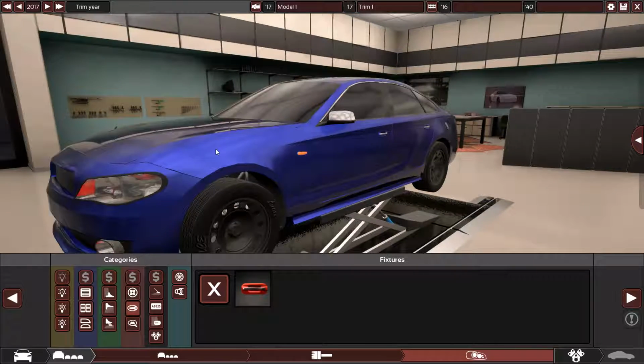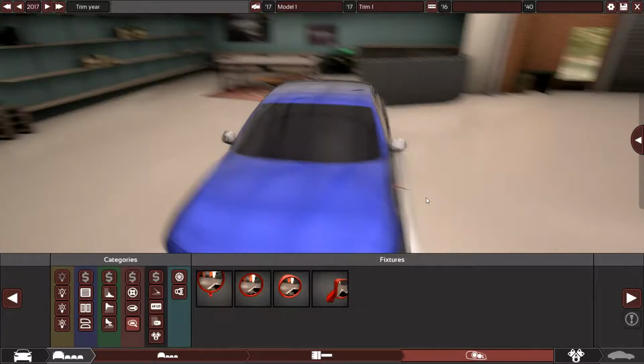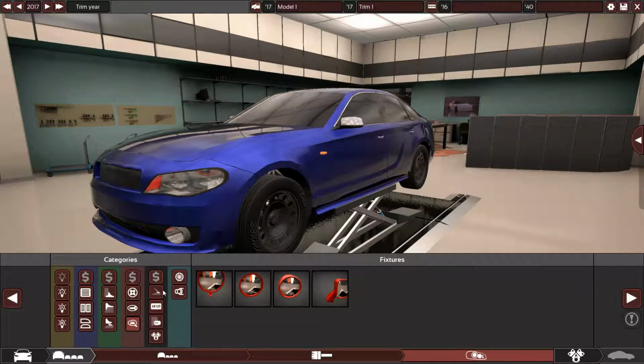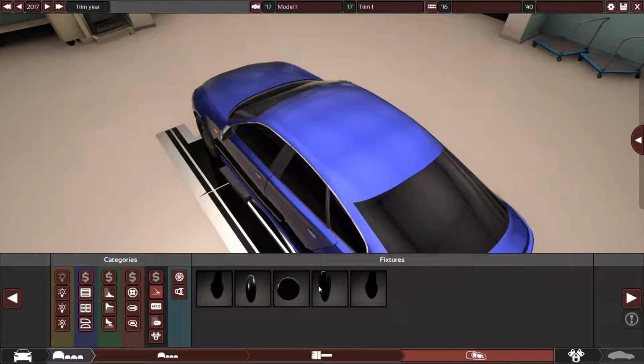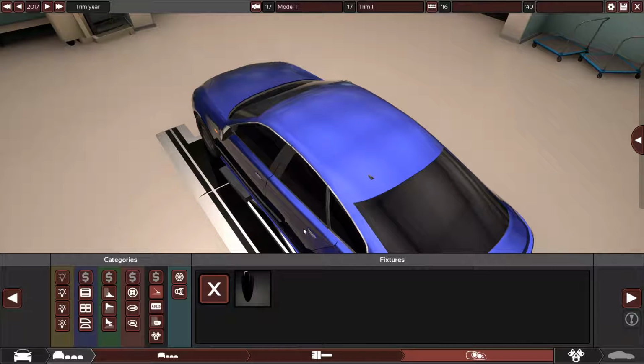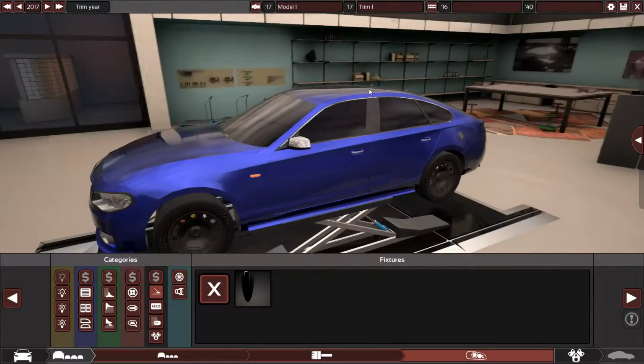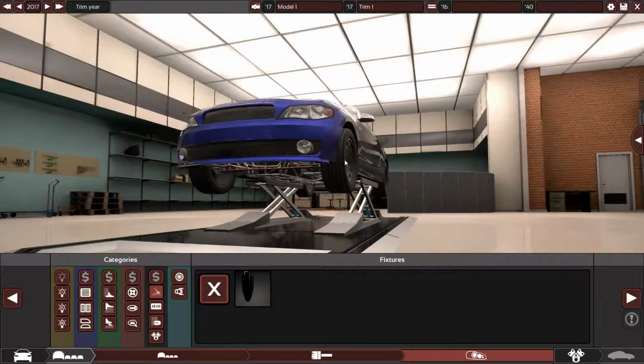Yeah, there we go. That looks nice. Mirrors. It's already got, hey, this one's already got mirrors. Never mind. We'll go with this one for the aerial, and then we'll just do a second one because I know some cars, for whatever reason, have two spaced out like